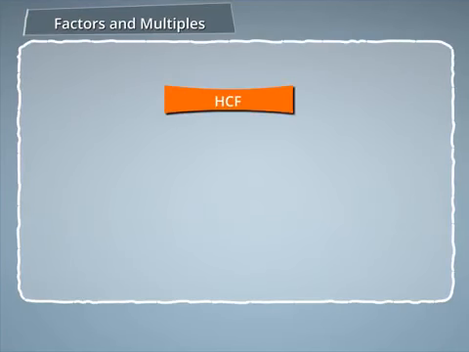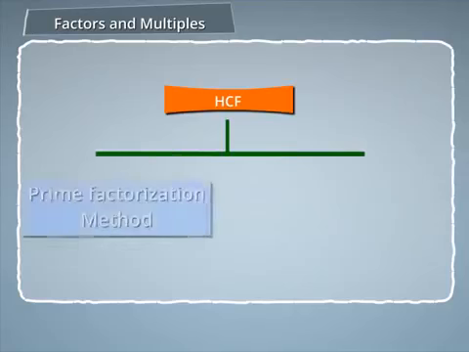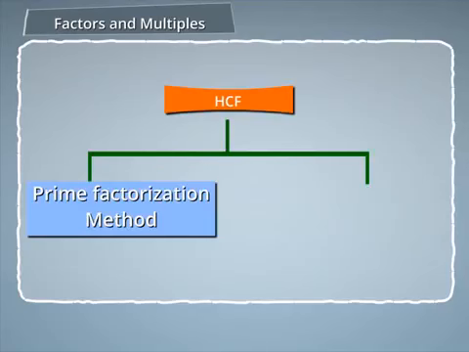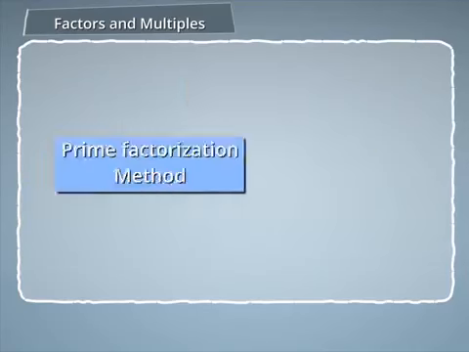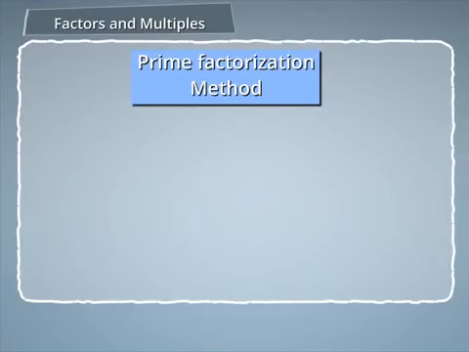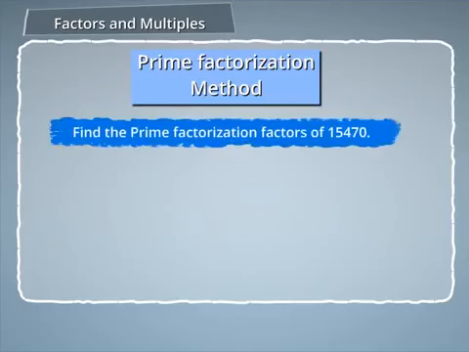HCF can be calculated using two methods: prime factorization method and long division method. Let us first understand the prime factorization method. Let us first try to find the prime factors of 15,470. Let us factorize 15,470 using division methods. As we know, after dividing 15,470 by 2, we get